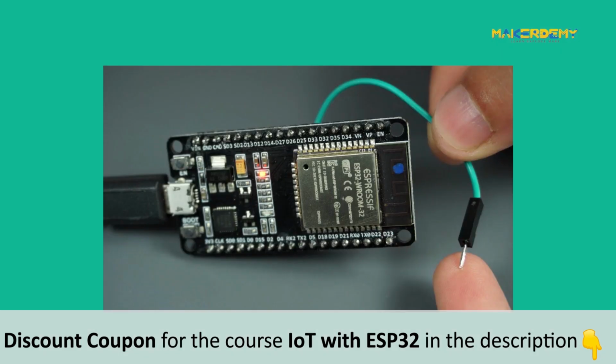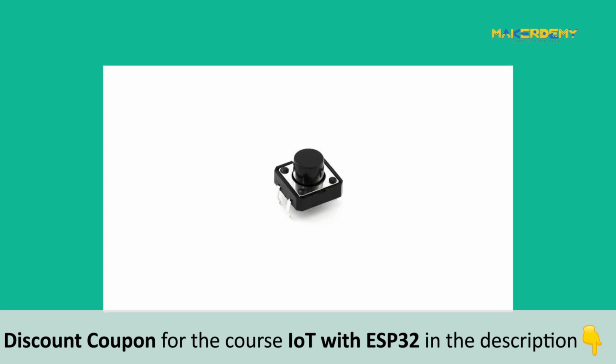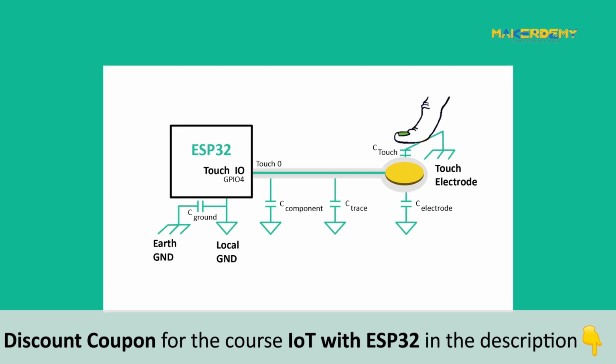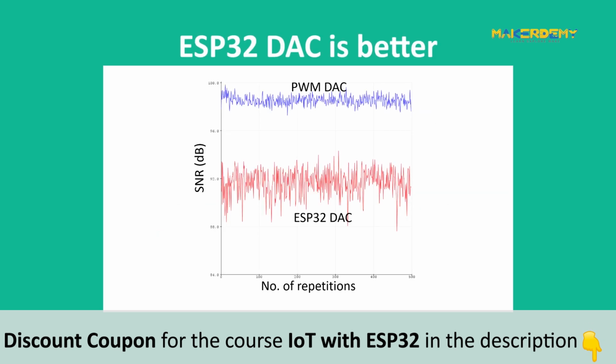The ESP32 has 10 internal capacitive touch sensors. These pins can sense variations in electric charge. This detects variations induced in the pin even when touched by a finger. These pins can replace mechanical buttons and can be used as capacitive pads. To convert digital signals to analog signals, 2 8-bit DAC channels are available.